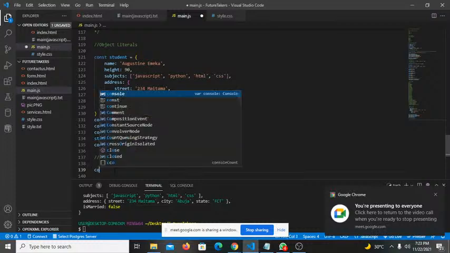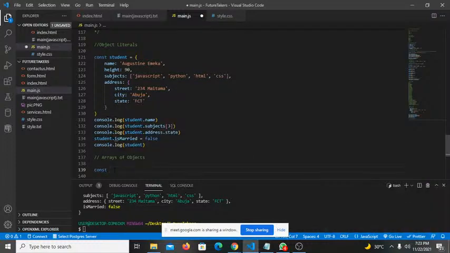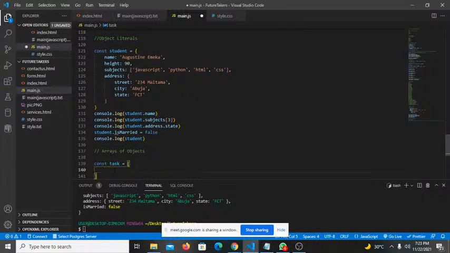Okay. So let's create this constant, and we're going to call it task. So the name of the array of objects is going to be task. So take note, it's going to be an array. For something to be an array, it must be inside square brackets. So you must expose the square brackets. This means that this is an array. Now, what does the array contain? Is it numbers? Is it strings? We've looked at arrays that contain numbers and strings, but this one is not going to contain numbers and strings. This one is going to contain